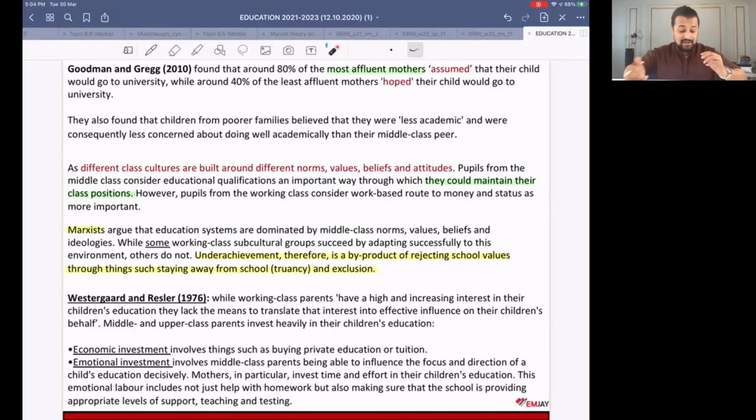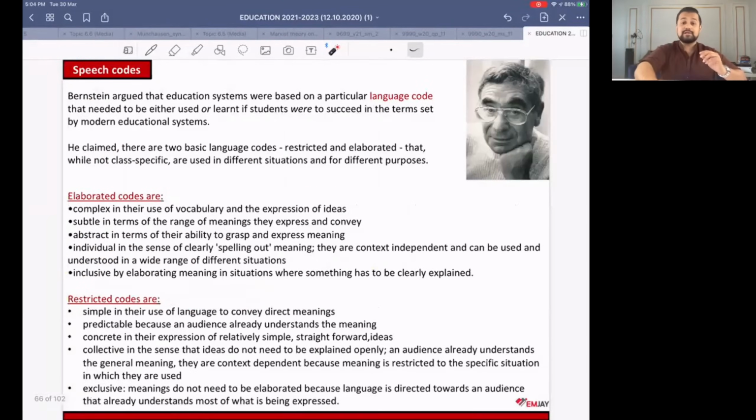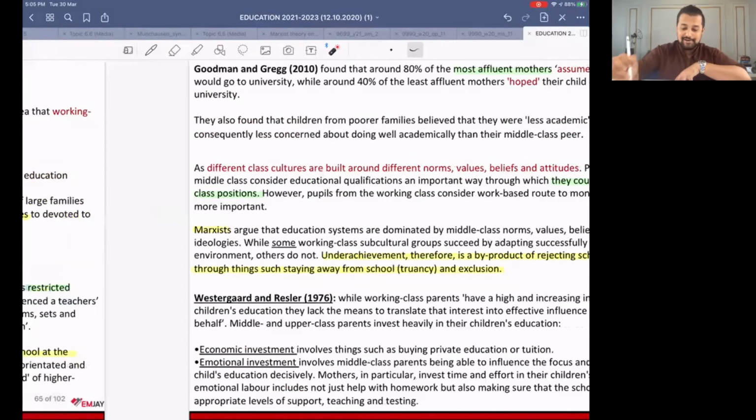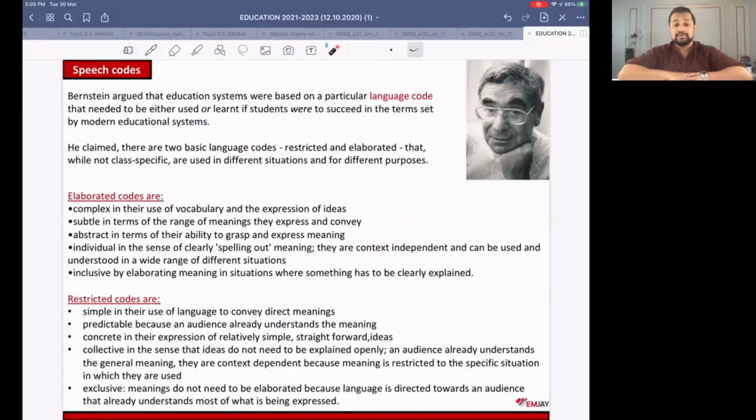Yeah. Now, taking it further, to remind you all, we are discussing all of this under the heading of social class and educational attainment. And as we refer to social class and educational attainment, let's speak about Basil Bernstein again. Basil Bernstein, the person I'd spoken about over here. Remember, we spoke about Bernstein over here, right? This is the person. You may have a look at how he looked, right? Having a look at what Basil Bernstein had to say about language codes in detail.